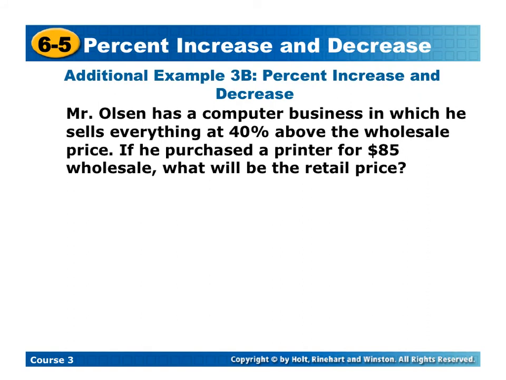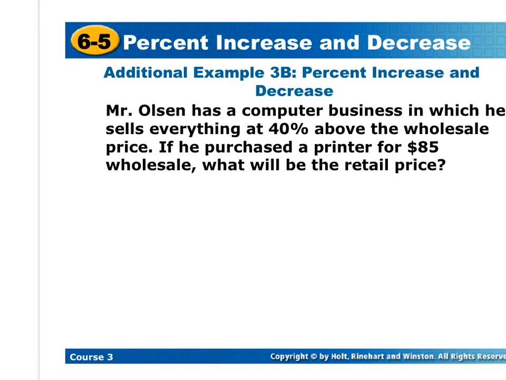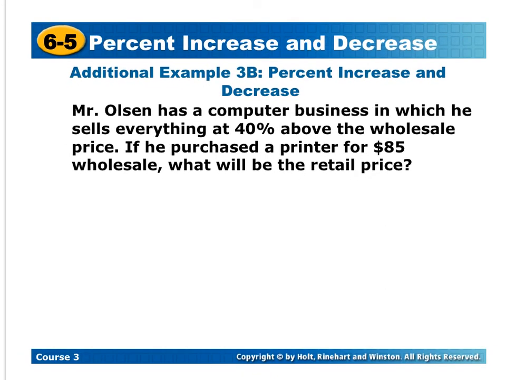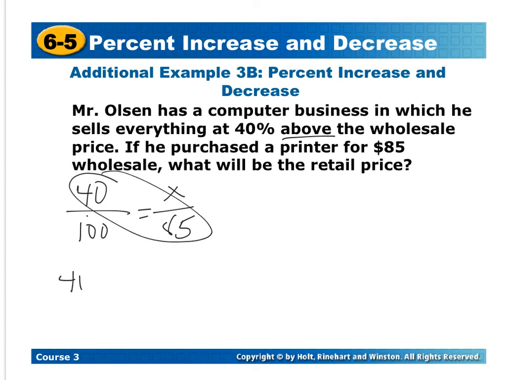So let's look at one more example. Mr. Olson has a computer business in which he sells everything at 40% above the wholesale cost. If he purchased a printer for $85 wholesale, what would be the retail price? So first we're going to find 40% of 85. Right now I'm going to use a proportion. So 40%, percents always go out of 100, is equal to x out of 85. If I cross multiply, I'm going to have 40 times 85